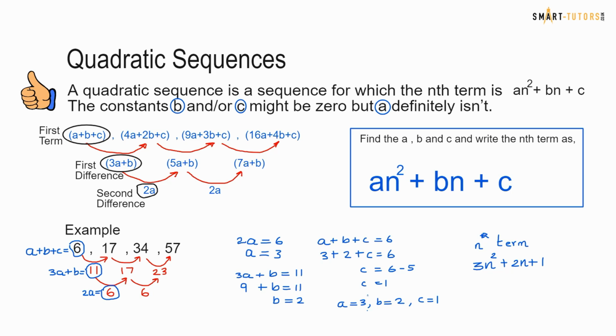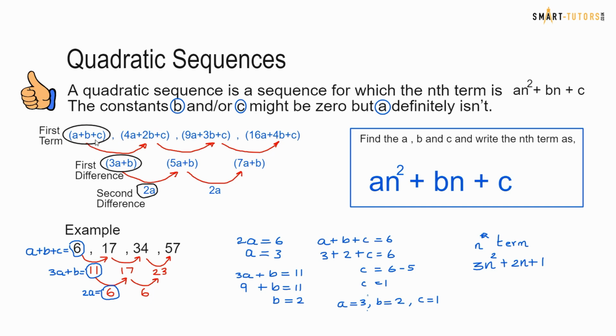Quadratic sequences. A quadratic sequence is a sequence for which the nth term is an squared plus bn plus c. The constants b and c might be 0, but a is not 0. If you consider the sequence running from the first term a plus b plus c, then 4a plus 2b plus c, and continuing like that,